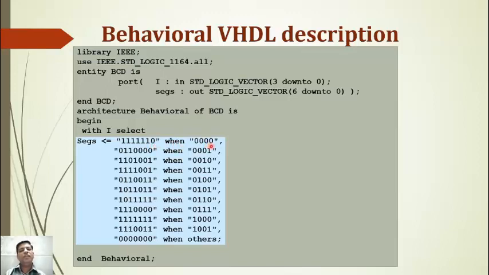If my display is 0, all bits are 0, then my output should be 1 1 1 1 1 1 0. If my input is 0 0 0 1, my segment should be 0 1 1 0 0 0 0. Likewise when we have to display the 8, with input 1 0 0 0, all bits are 1 1 1. In this way we simply describe behavioral modeling and end with behavioral. So these are the three types of modeling and how they are written.